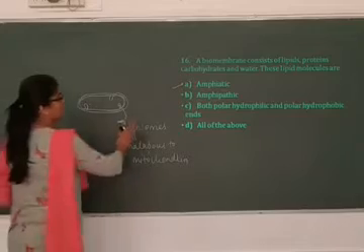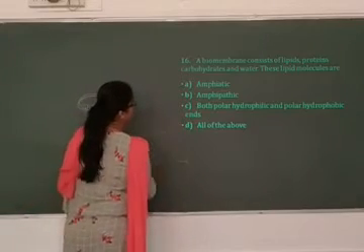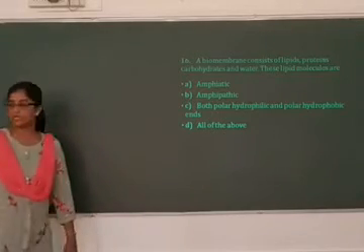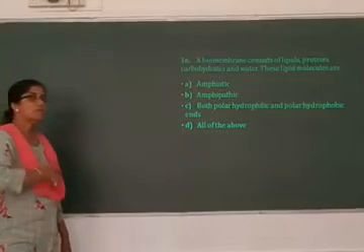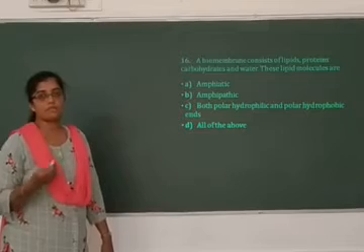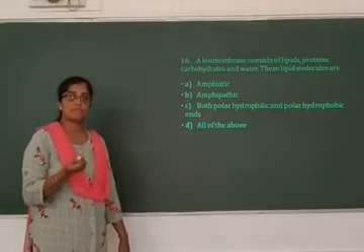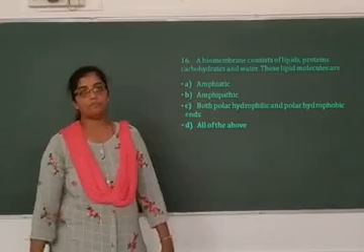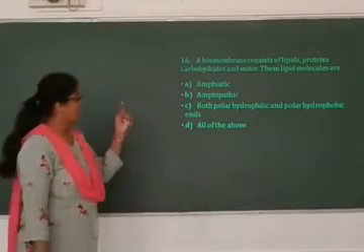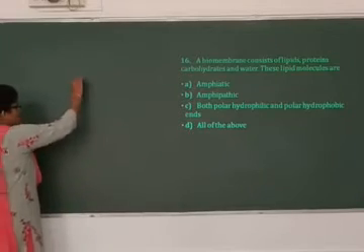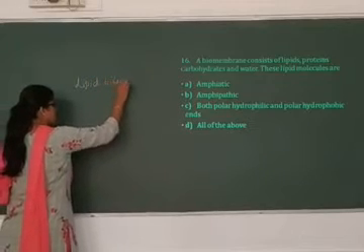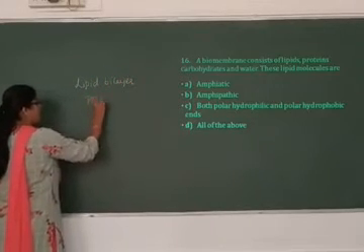A biomembrane consists of lipid, protein, carbohydrate and water. And the question is about the nature of the lipid molecule. So, the most widely accepted model for the biomembrane or the plasma membrane is the fluid mosaic model, which was given by Singer and Nicolson. According to the fluid mosaic model, the biomembrane is composed of a lipid bilayer in which proteins are present.